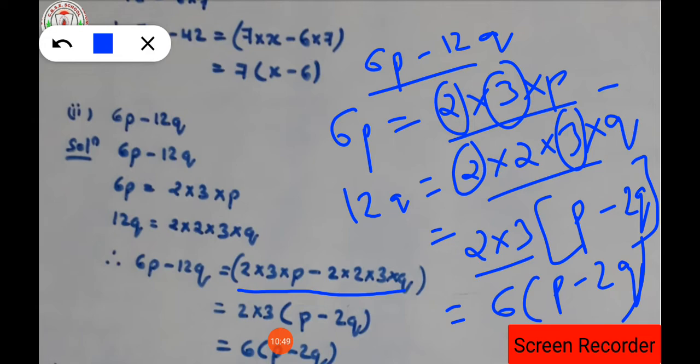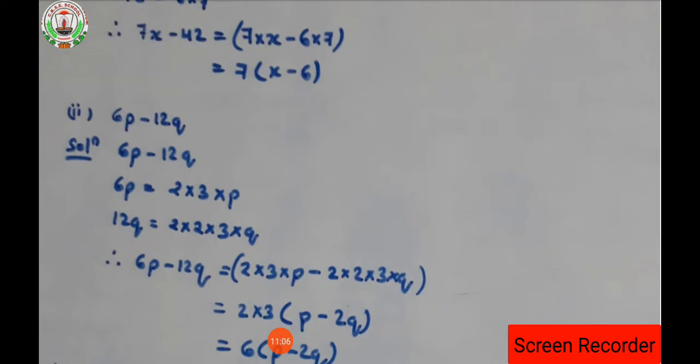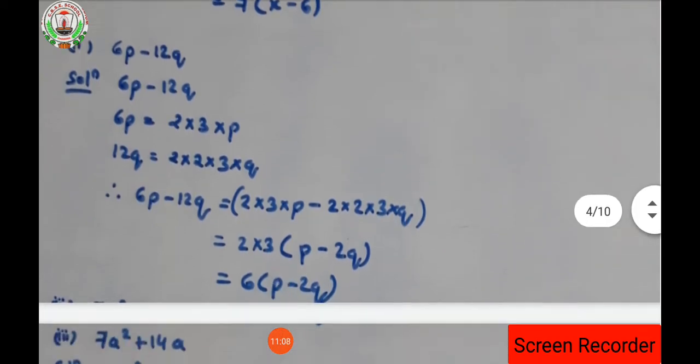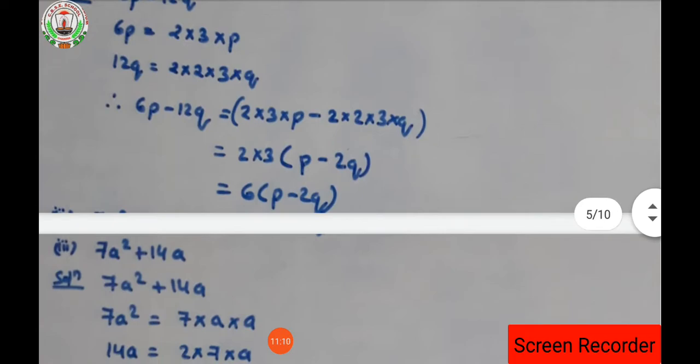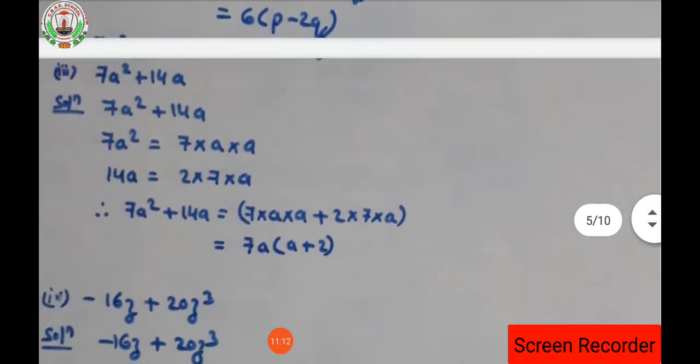Then see which one is common. Whatever the common terms come, you have to take that out. If no common term is there, one will be common for all, isn't it? So no common terms means one will come outside the bracket. Keep it in mind. So the answer for the second part is p into 6 into p minus 2q